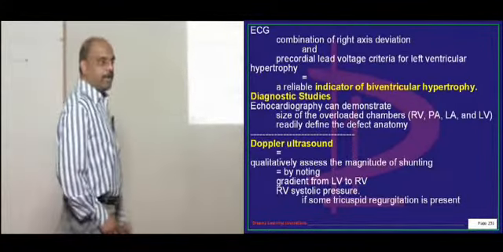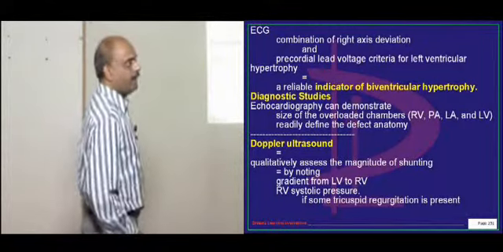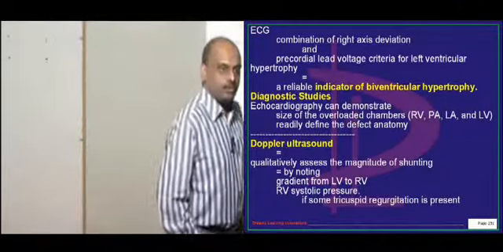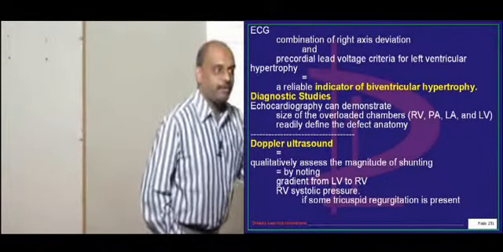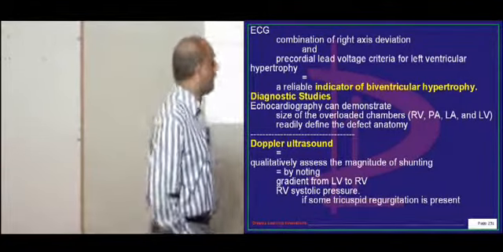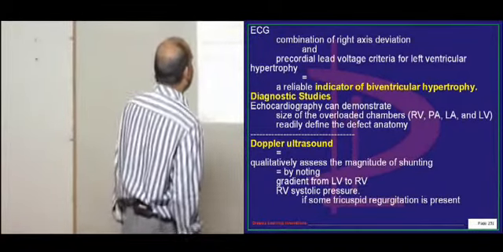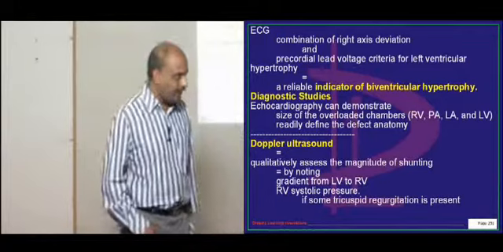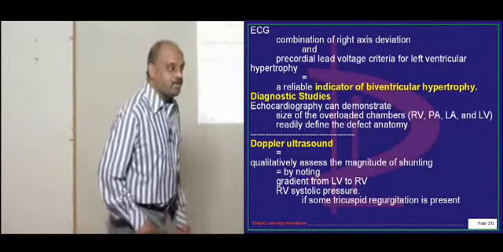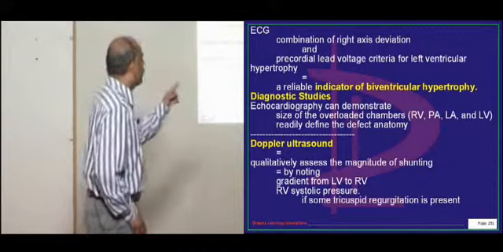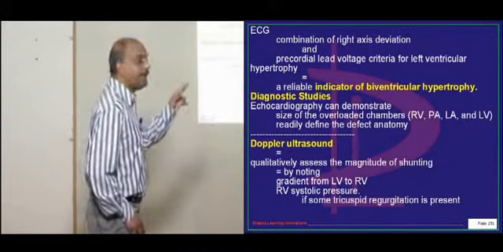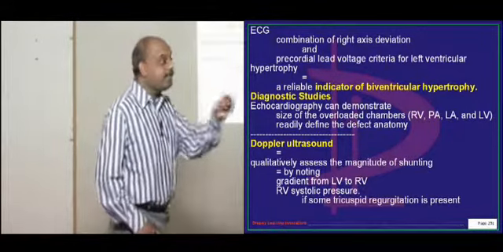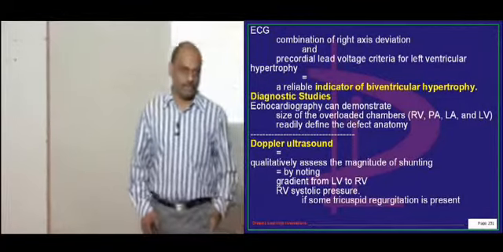If you look at the electrocardiogram, there is a right axis deviation, and the precordial lead voltage criteria which we discussed, the Framingham criteria, any criteria if you apply, you also find left ventricular hypertrophy associated. So doctor, if a patient has a right axis deviation along with criteria satisfying left ventricular hypertrophy, the combination of the two, then you will judge that probably he has biventricular hypertrophy, which is a very important indicator of the presence of a severe form of the VSD, is what I want to underscore to all of you.